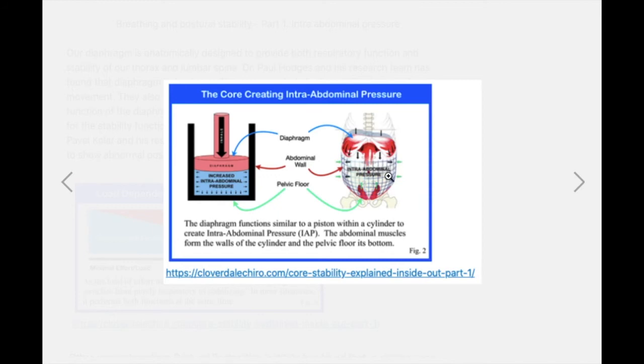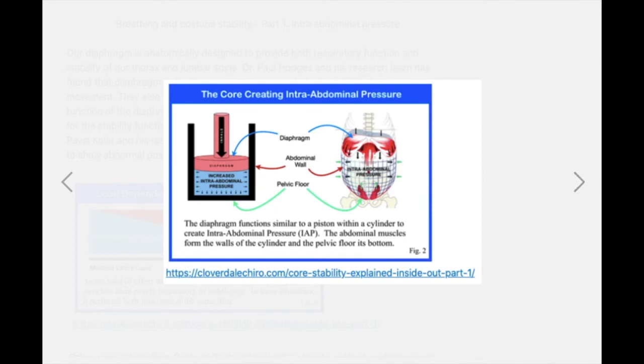What is not shown in this picture is the arrow pointing upward to the diaphragm and downward to the pelvic floor. Now, this outwardly directed hydrostatic force itself is sometimes referred to as intra-abdominal pressure. However, when it comes to core stability, this is not the end of the story. What is more important is the proactive and reactive control of the abdominal wall, pelvic floor, and connective tissues that